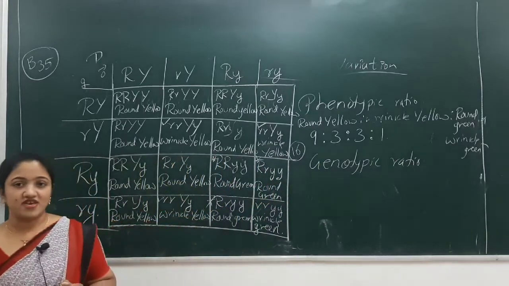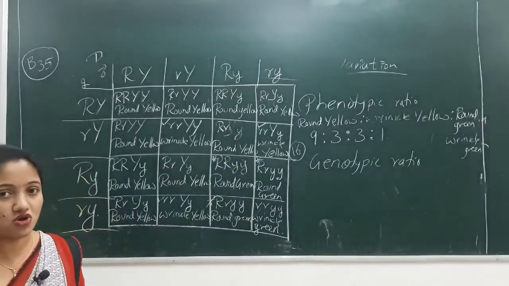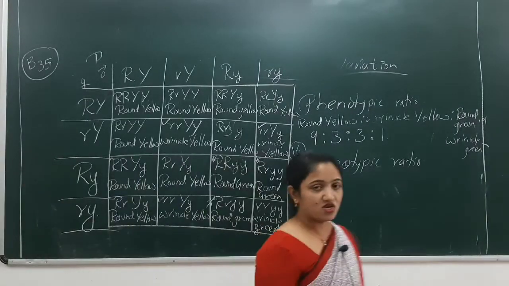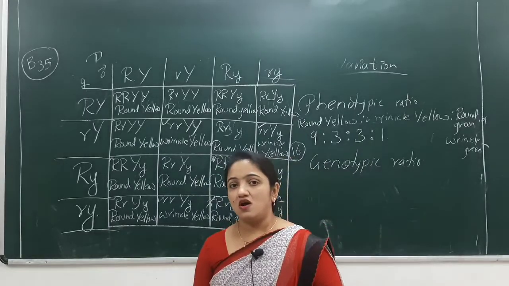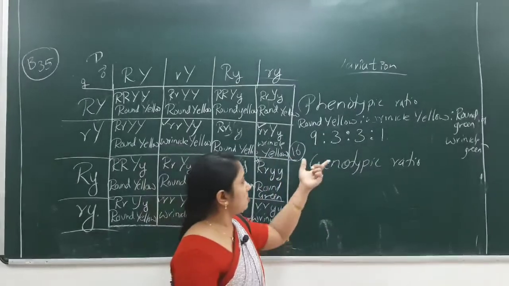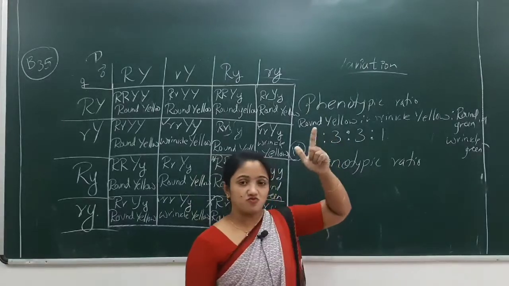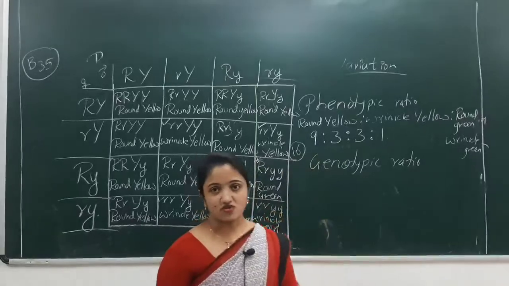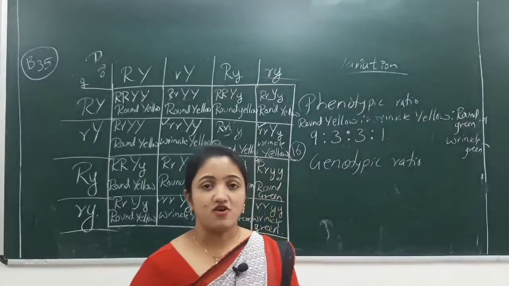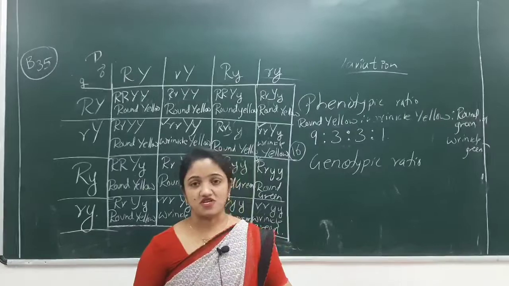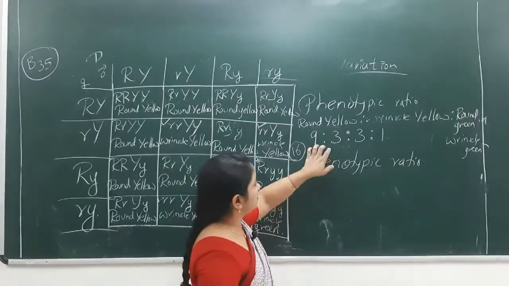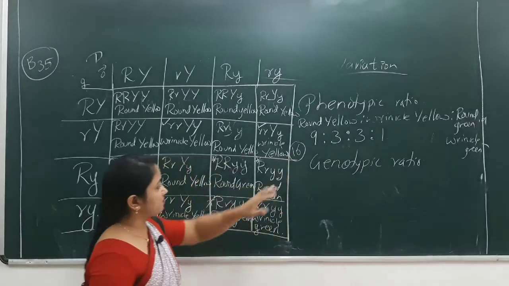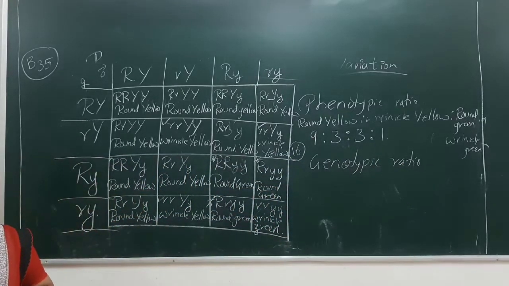So with this we have completed the phenotypic ratio of dihybrid cross, that is 9:3:3:1. So that is the standard ratio. Don't forget to recall this ratio. Whatever character you put, the ratio will remain the same. In the examination they used to ask you about the phenotypic ratio. So what is the phenotypic ratio of dihybrid cross? If they ask like that, you have to write 9:3:3:1.